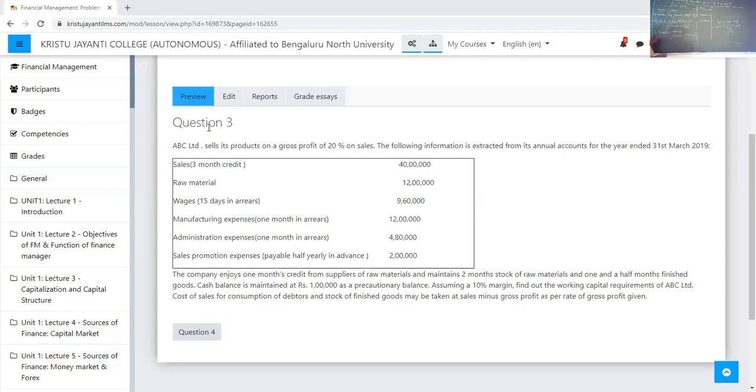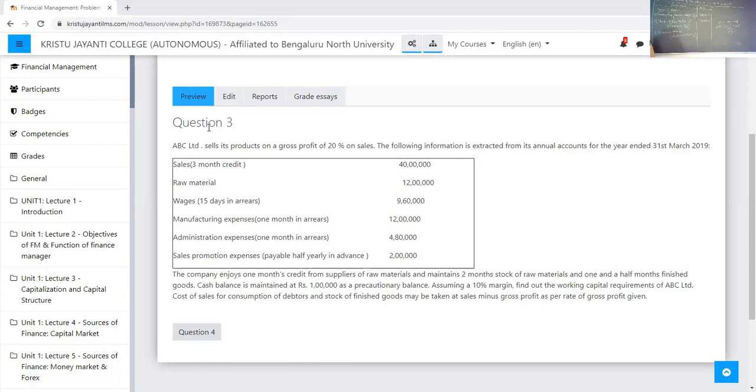Did you all understand why I have taken 40 lakhs for finished goods? Finished goods amount they have not given directly to us. But what can be assumed as finished goods? Whatever you have sold is assumed to be the finished goods amount. So for how much have I sold? For 40 lakhs I've sold, out of which 80% is the cost involved, into the time duration for finished goods, which is 1.5 months. So 1.5 divided by 12. How much are you getting?